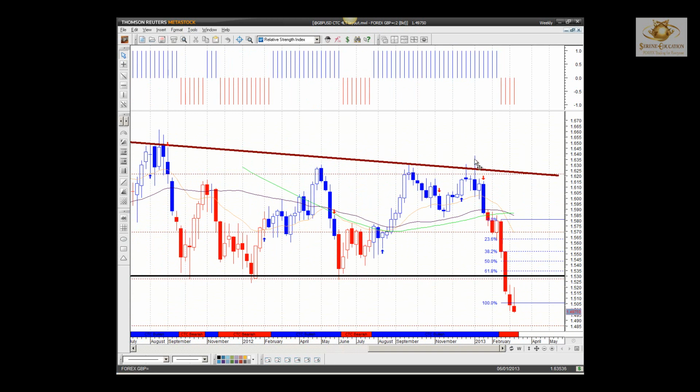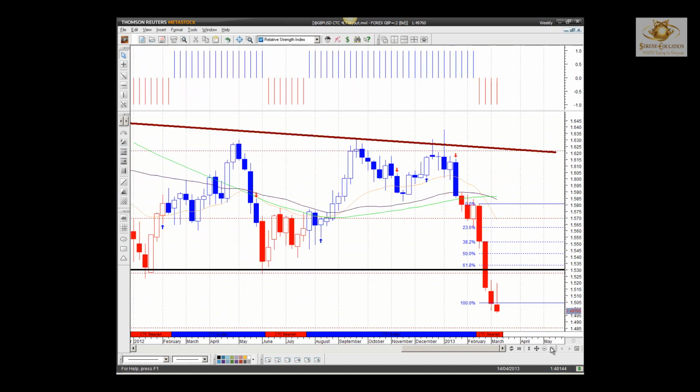I did a fib projection from the all-time high on the shooting star at resistance to this little consolidation at the early start of February, to this bearish engulfing candle here. So if I just show you how I did that: fib projection tool, all-time high here on the weekly, down to this little support candle, moving it back to this bearish engulfing candle. You can quite clearly see that 100% would be my initial target. There we reached it, and you can see price pulled back healthily over the past week.